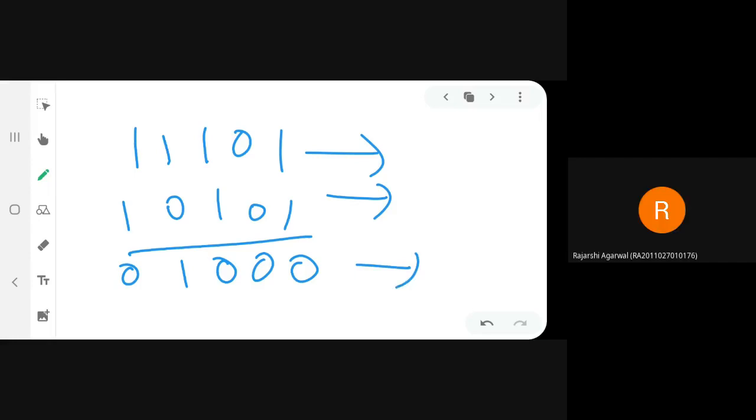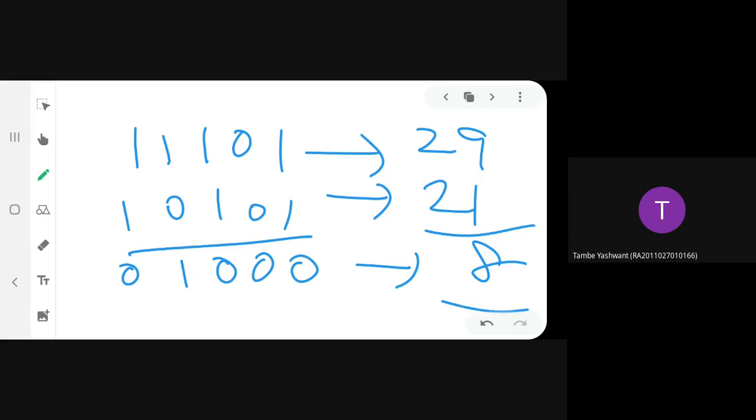What about the numbers? Ma'am, the first number is 29 and the second one is 21. Then 29 minus 21 gives 8. The last one is 8, the resultant is 8. Do the rest also agree with the others or not? Yes, ma'am.